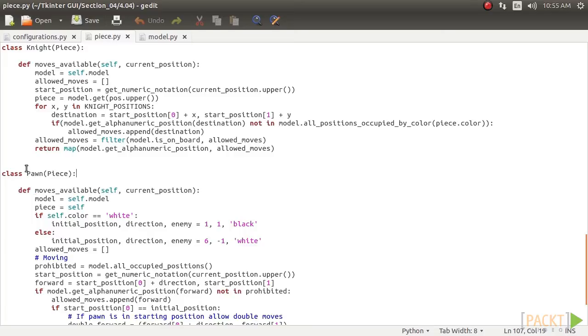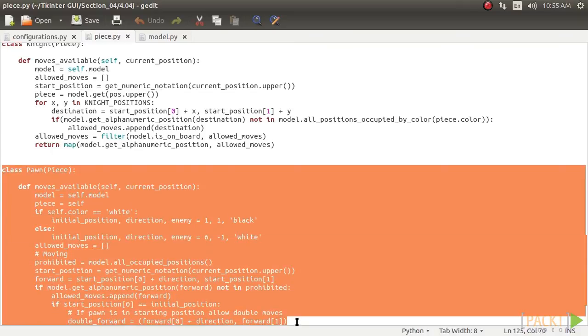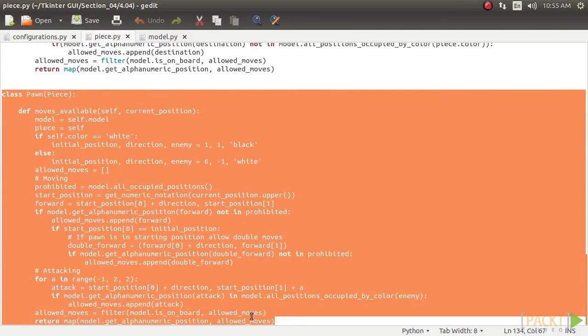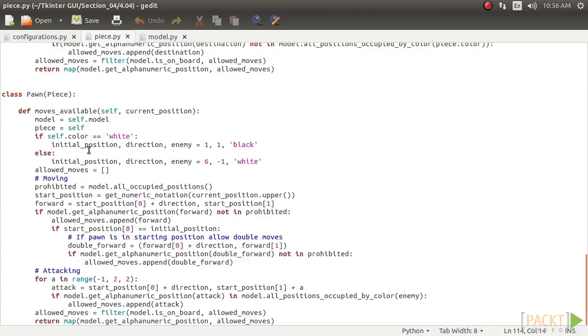Rules for a pawn. A pawn has a unique movement too, in that it moves forward but it captures diagonally. Let's similarly override the moves_available method from within the pawn class. Number 1, we first assign the initial _row_position, direction, and enemy variables depending on whether the pawn is black or